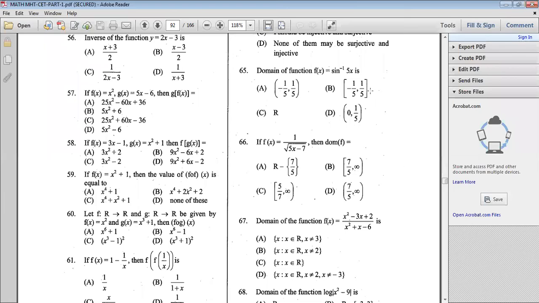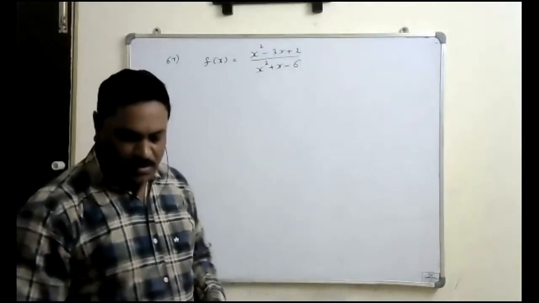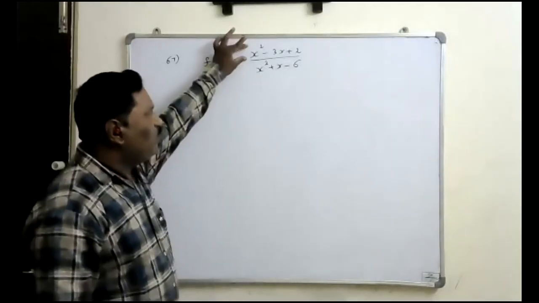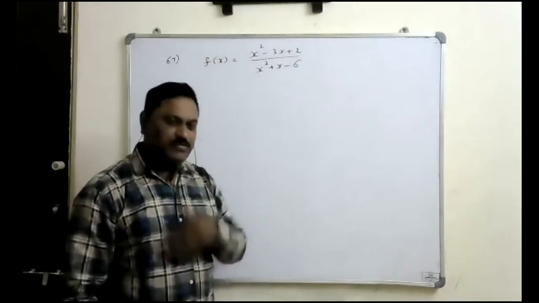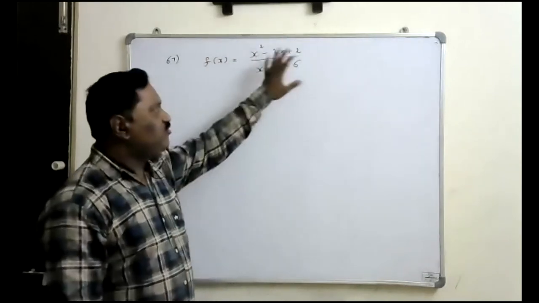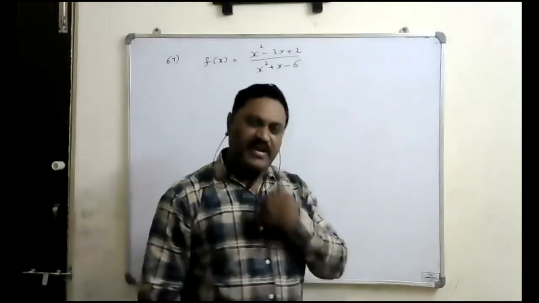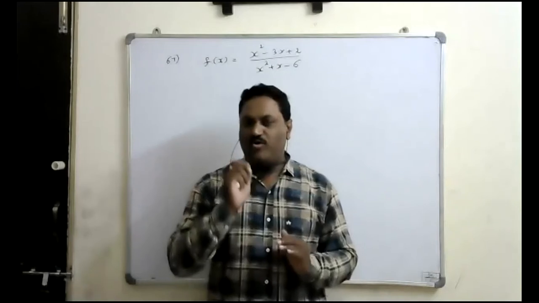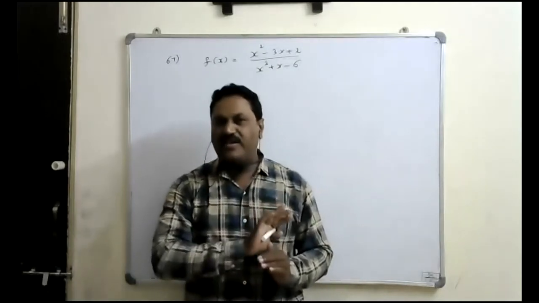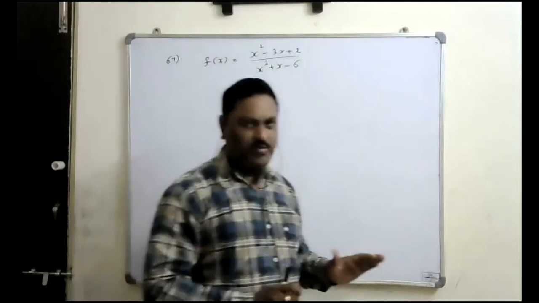Okay, just observe here. If you observe this function, here there is a polynomial in the numerator. So in the numerator, if you substitute anything, it is going to give something. Means for the polynomial, I can take any value for the x. That's why for any polynomial, the domain is R. Means all the real numbers I can consider. That's why numerator, you no need to look at about it.